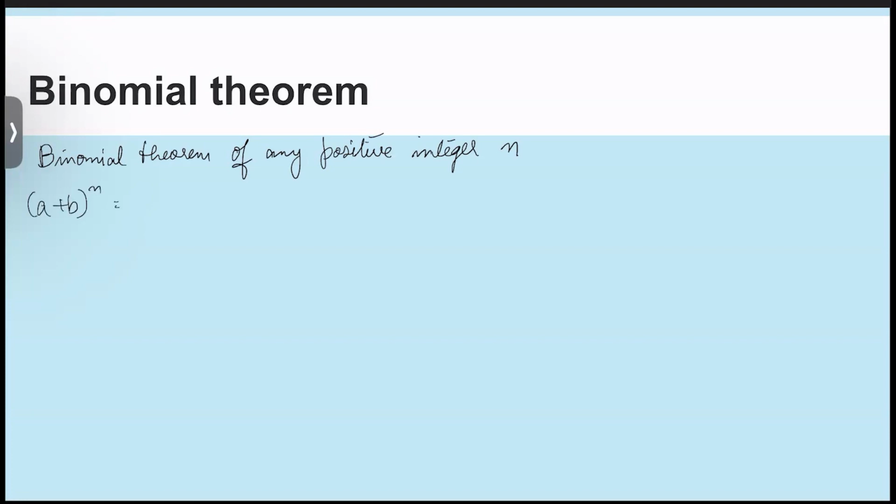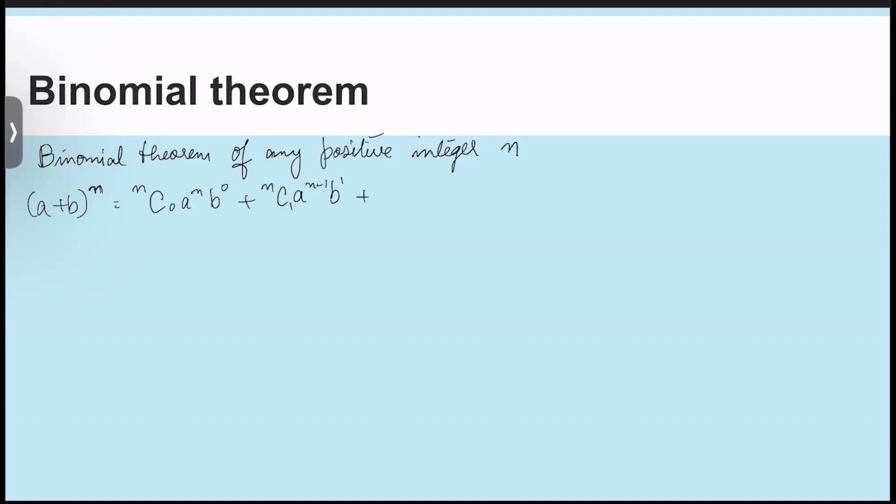So this is the binomial term, and we will be expanding with respect to the power of the index that is given. So that can be written as nC0 a^n b^0